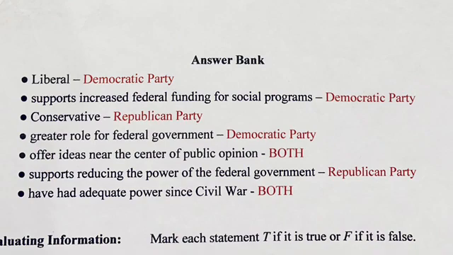On the Democratic Party side, the answers that should go in just that circle or just that list. The Democratic Party is usually liberal on most issues. And the other answer you should have there, that being liberal, they support an increased federal funding for social programs. Democrats are usually for higher taxes. Therefore, with more money in the government, they can use that money to spend on programs to help those people